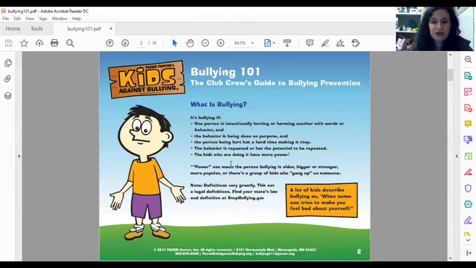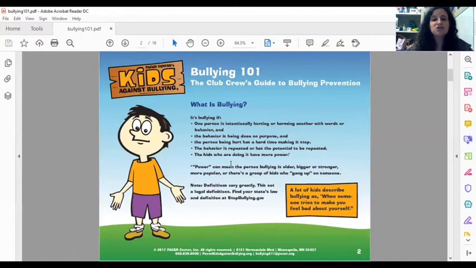So older, bigger, stronger, more popular. That's probably the biggest one that is used. So who has the most friends? That's definitely probably the biggest issue that I see with people bullying and picking on other people, is that usually they're more popular and they have more friends. And then because of that, they can gang up on the person who doesn't have as many friends. And that's probably the one that we see the most examples of when we watch bullying videos and stuff like that.